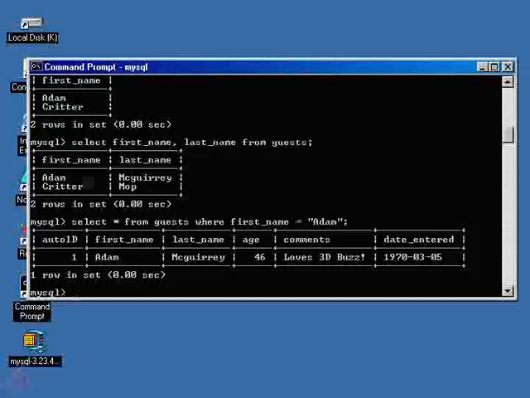So now that we've taken a real brief look at actually pulling information back out, I promise you guys in later VTMs, probably in the next one, we're going to spend a lot more time digging deeper into the actual select command, the where, and all the different things we could do because it can get kind of deep. But now let's take a look at how we can update, since we now see how we could specify something. Perhaps I want to go in here and actually fix Adam's last name for real now,